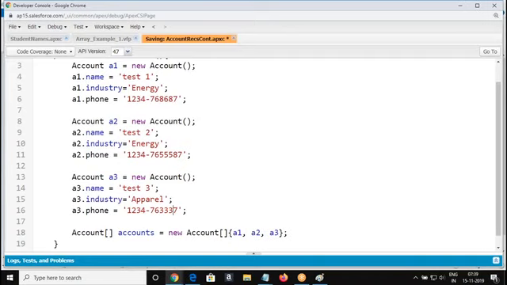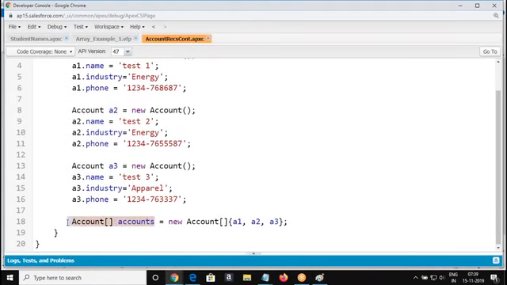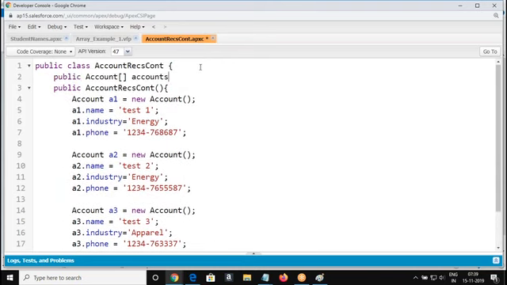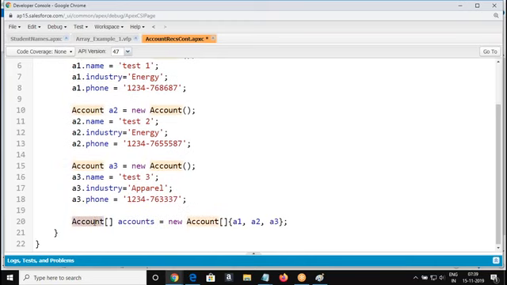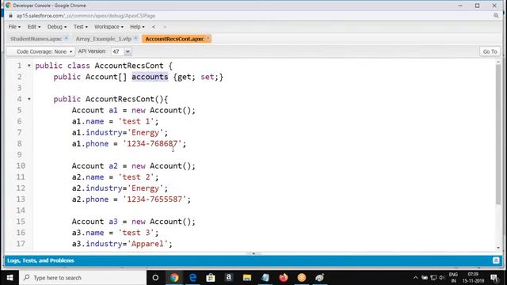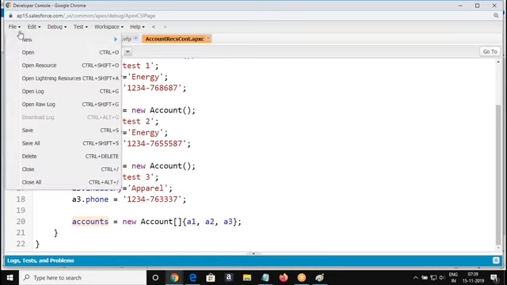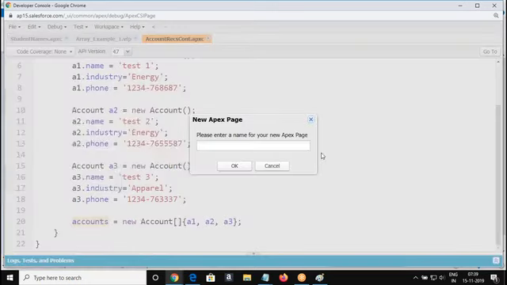So we can use any of these components. Before referring to this variable, it should be a get set variable, so I don't need this declaration again. We are just going to use this variable and initialize it with the values. Now go to your Visualforce page.